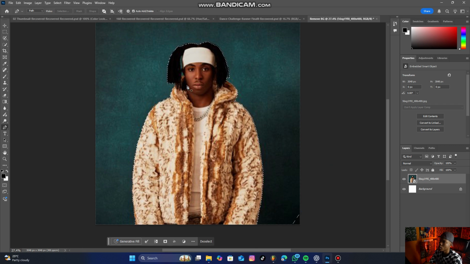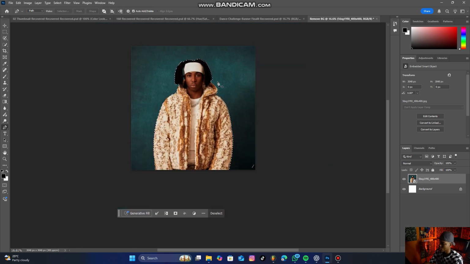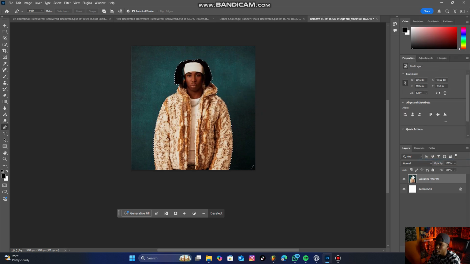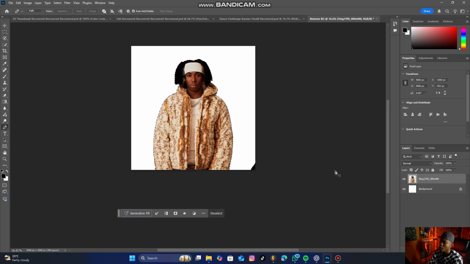Now you can see, you can press delete on your keyboard. Oh, okay. First, I'm going to restore it. This was the first thing I was supposed to do, but I forgot. So I'm going to click delete now. You can see,